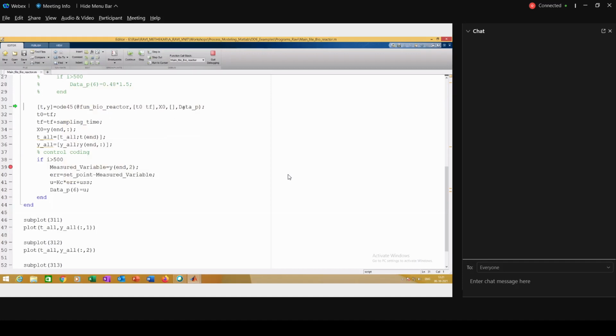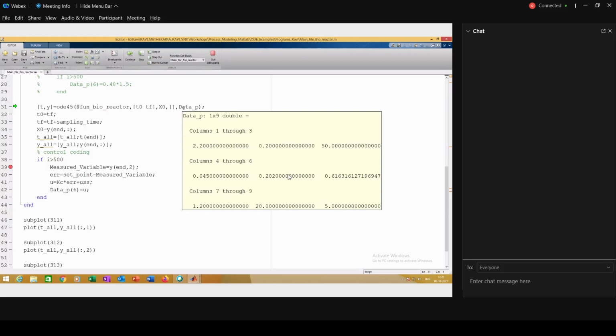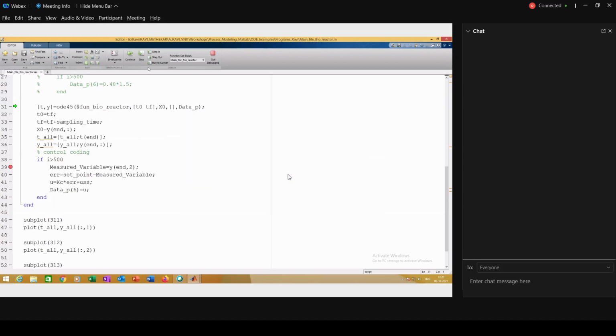Now data P will have 6 elements, you see 6 elements, 6.113. Those here gain the same things. Measured variable, now you see 1.222, error. So my code is perfectly running.